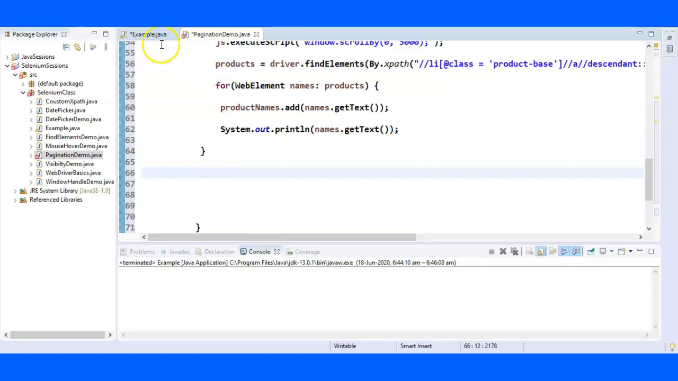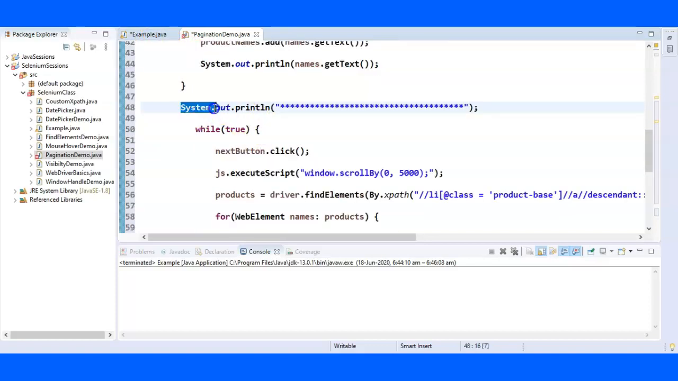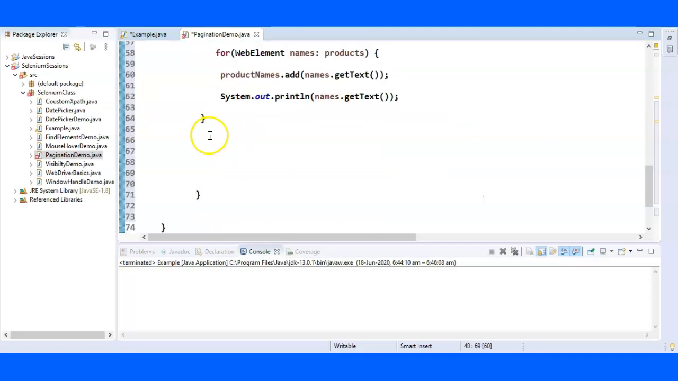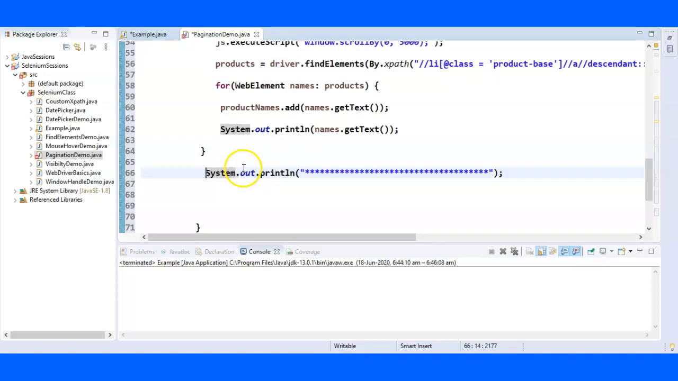After that, let me just put the separator here. So I'll put the separator after the for loop, because I'll have to fetch all the names of the products first, and then I'll put the separator. Now after that,